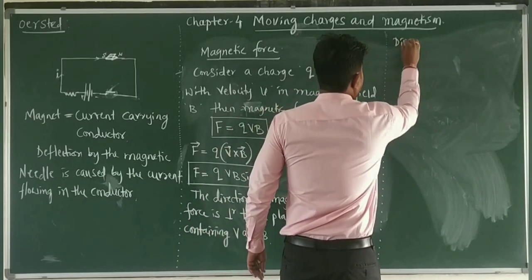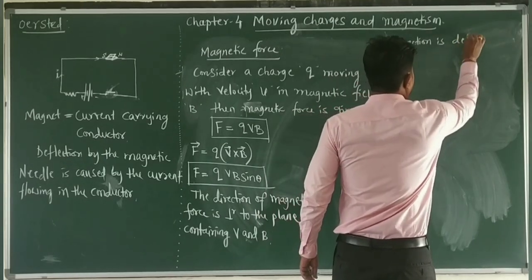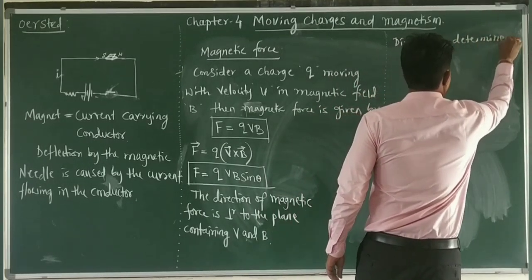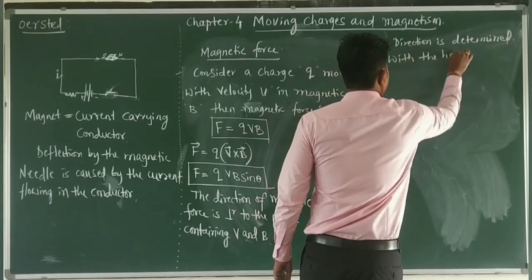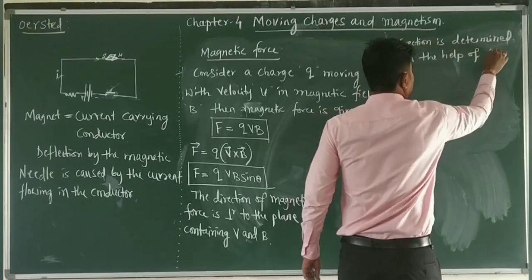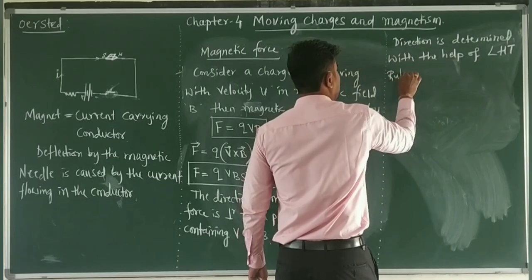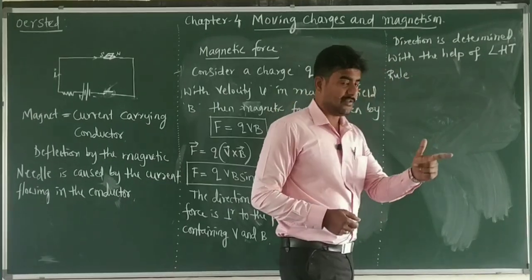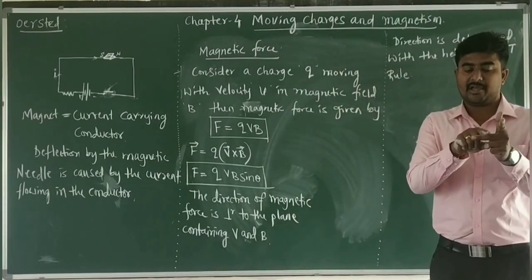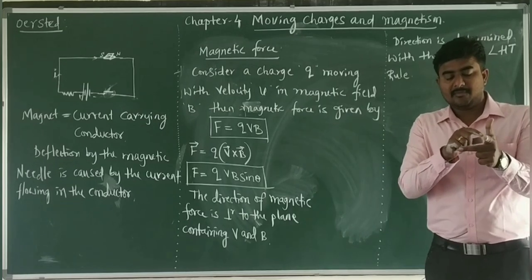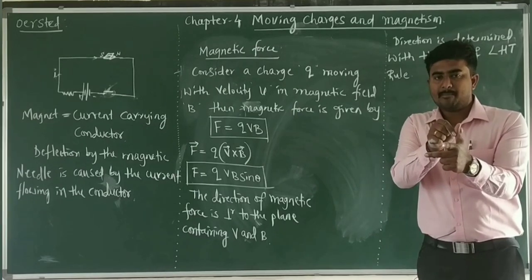And direction is determined with the help of left hand thumb rule. See here, this is very important. This is thumb, this is forefinger, and this is middle finger. Okay, if I keep all three fingers mutually perpendicular to each other, this thumb indicates